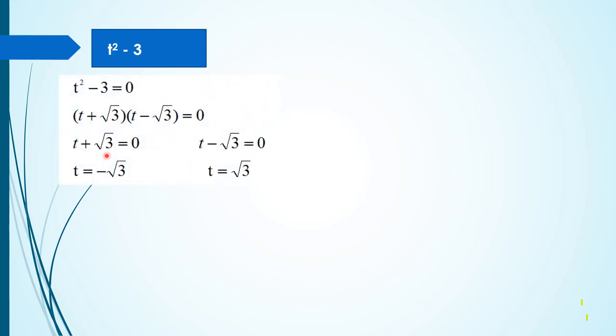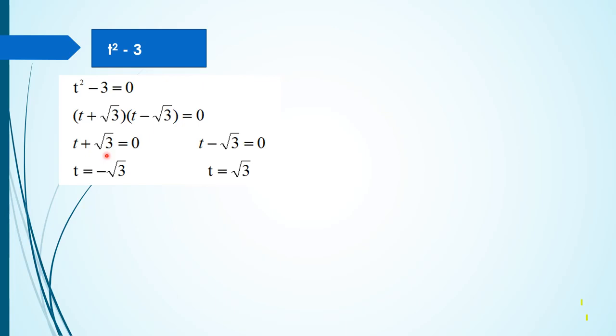Now let's verify these relations in case of the polynomial t square minus 3. Before going for verification, we have to find its zeros. To find zeros of the polynomial, equate the polynomial to 0 always. Now t square minus 3 is equal to 0. Now you have to factorize the left side portion, that is t square minus 3. Here for factorization, I can depend on either splitting the middle term or any algebraic identity. Here surely I can depend on an algebraic identity,